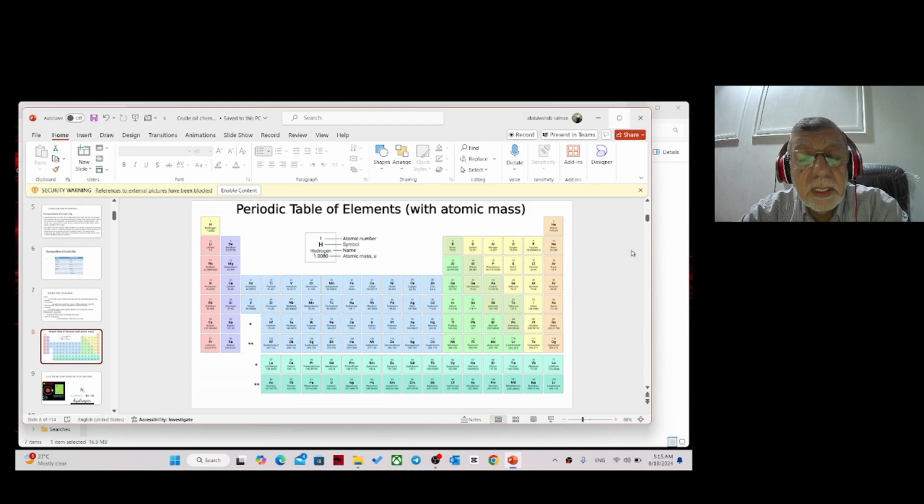So this is the periodic table. Here in the periodic table, we just have to see where the hydrogen atom is and where the carbon atom is. The hydrogen atom is the first atom in the periodic table. This is the hydrogen atom. The carbon atom is number 6 in the periodic table. This is number 1, 2, 3, 4, 5, 6. This is carbon. So this means that hydrogen is number 1 and carbon is number 6. Hydrogen has 1 electron only and carbon has 6 electrons.